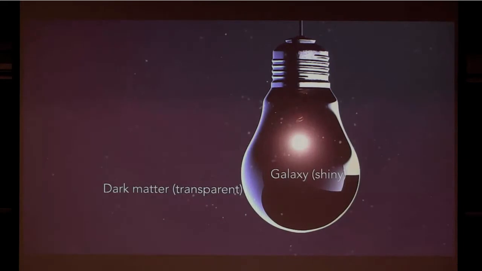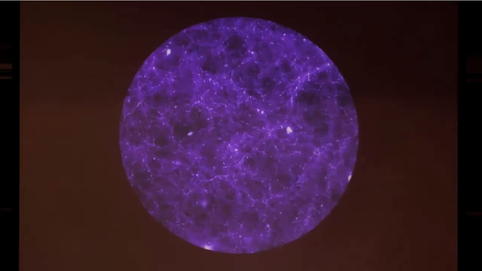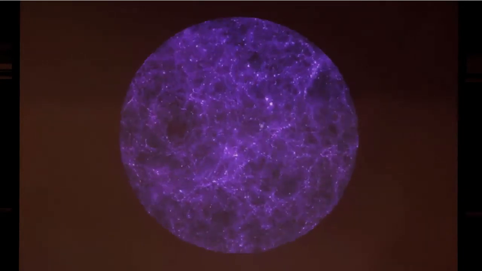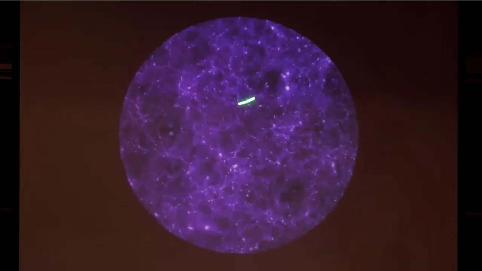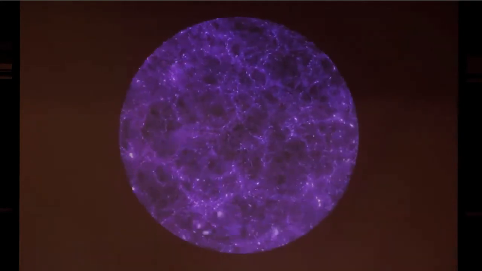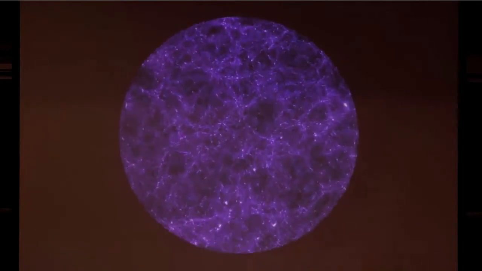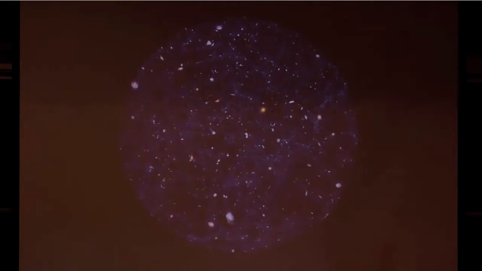So we can compare these computer simulations of the structure formation in the universe, look at the statistics of these dark matter halos, and compare them with real observations of galaxies in the universe. And we do really, really detailed comparisons. It is really astonishing that we can find extremely good